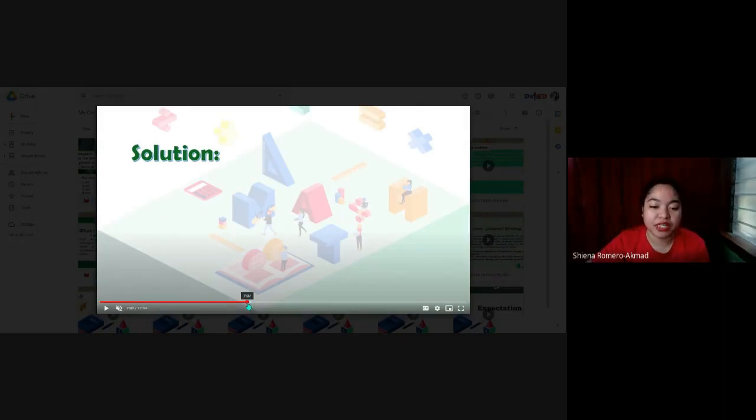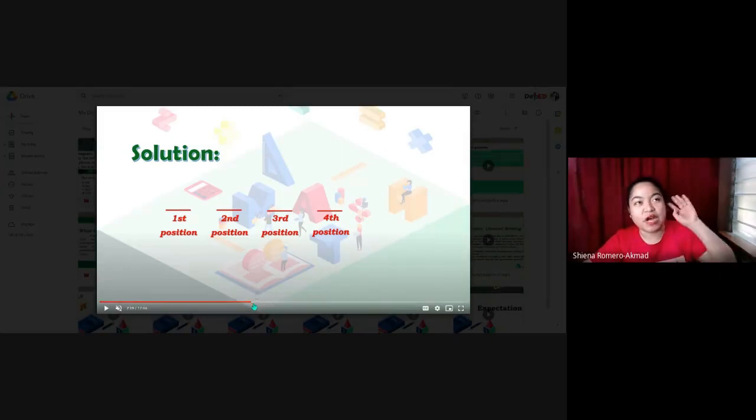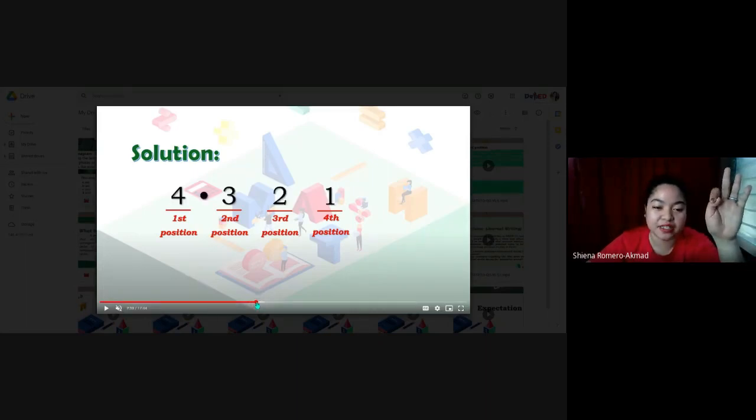So like for example, tingnan natin, di ba, meron tayong 4 na position. So kung may 4 na position ka, you have the first position, second, third, and fourth. So you have to look at the pattern in choosing one person in each position. Ilang choices ba yung meron tayo? For the first position, we have how many choices? Kung 4 yung taong i-arrange natin, 4 din yung position, ibig sabihin lahat sila pwedeng ma-place in each position. So kung 4 yan, sa first position, pipili tayo ng isa. Right?